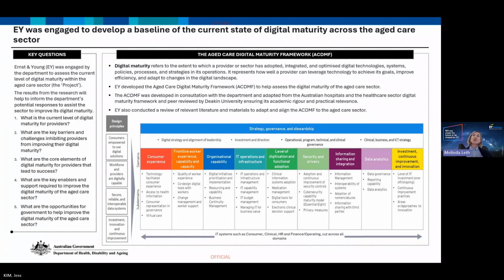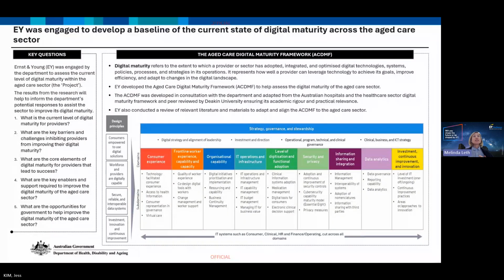We really made sure that we worked well and collaborated with the sector and tested the framework, whether that was through interviews and workshops, so that we could make sure that this framework was tailored for the aged care context and was agreed to before we started the project. We also had this digital maturity framework reviewed academically so that we could make sure that this was a really robust approach to the way that we undertook the research.